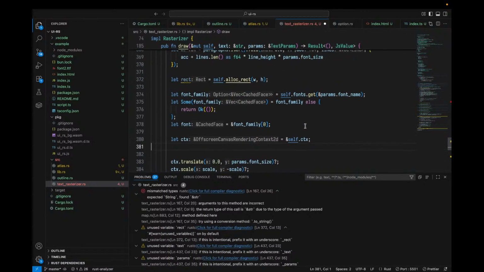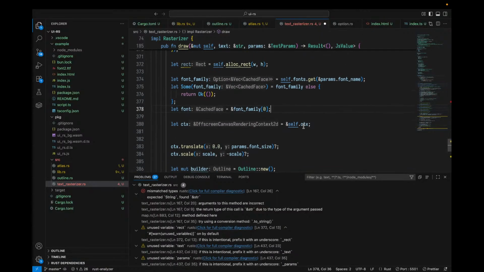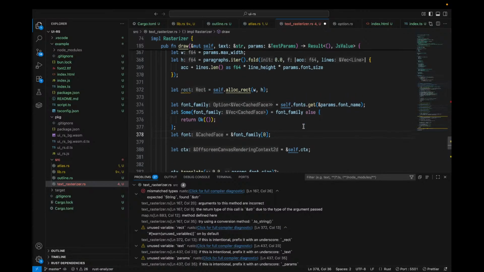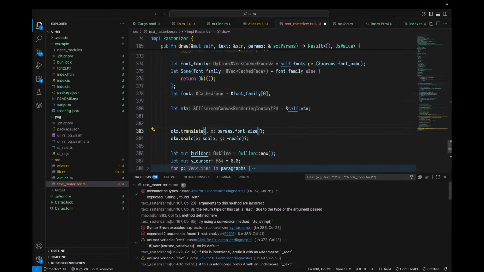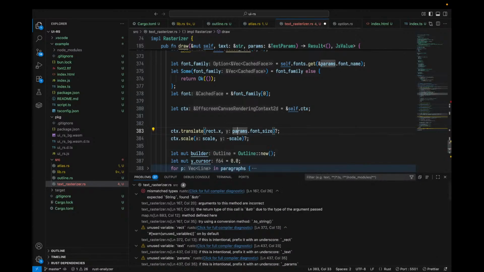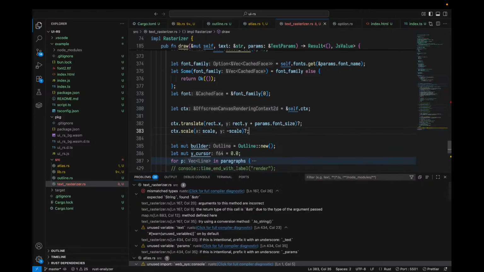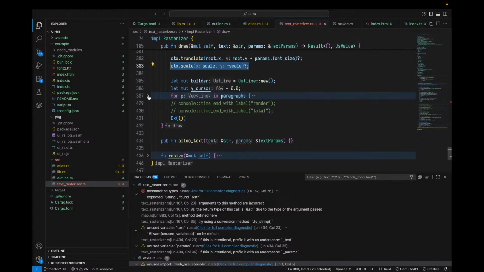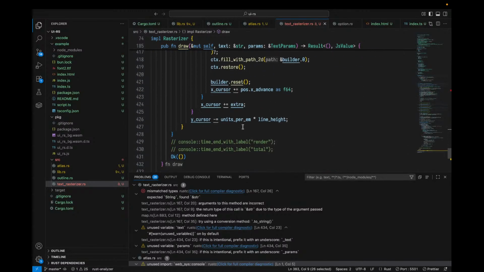So this gives me a rectangle that is here, and so here I have to translate to rect dot x, rect dot y plus this thing, and then I do this, and at the end of this whole thing I have to